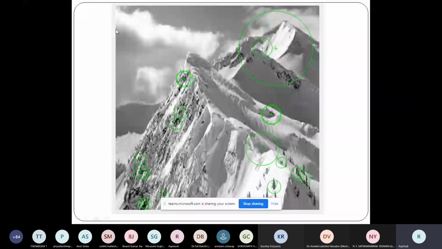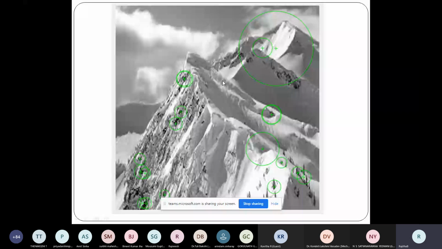So I take the first block, then the second block, third block, and so on till the last block. But not all blocks are important as per the classification approach, so I'll be looking only for important blocks. Let's say those important blocks I'm taking from SURF points.